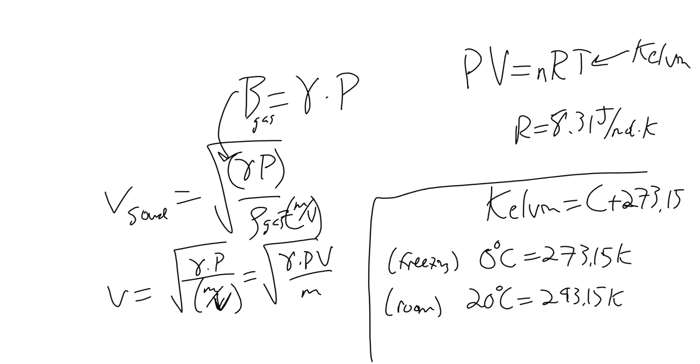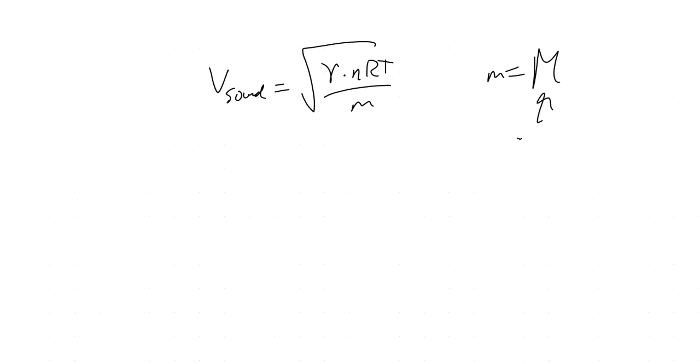And so PV equals nRT, I can plug in here and I get that the velocity of sound in a gas is the square root of gamma times nRT over the mass of the gas. But the mass of the gas, and this is like the important last step, is the molecular mass, which is kilograms per mole, times the number of moles. Kilograms equals kilograms per mole times the number of moles. So I can just plug that in there. This is called the molecular mass,